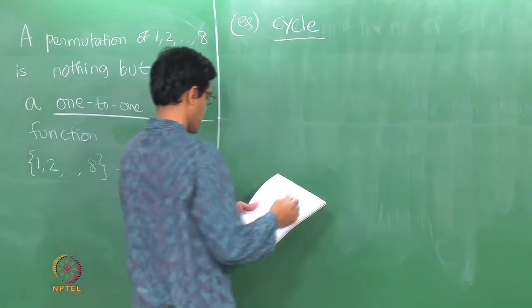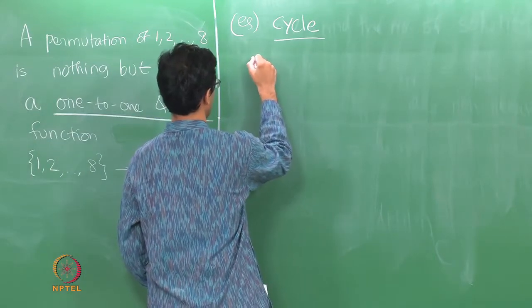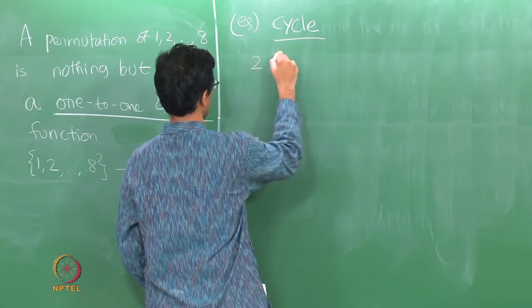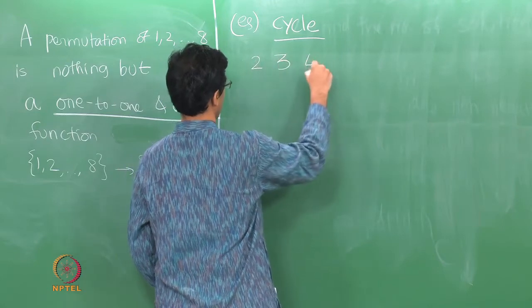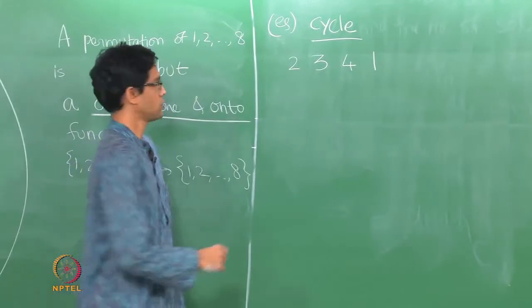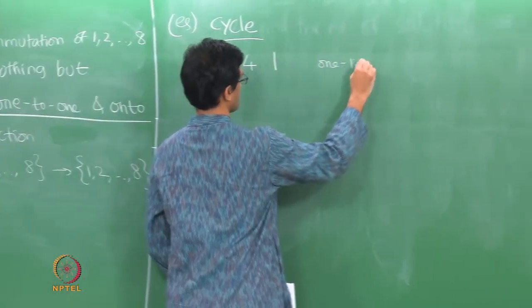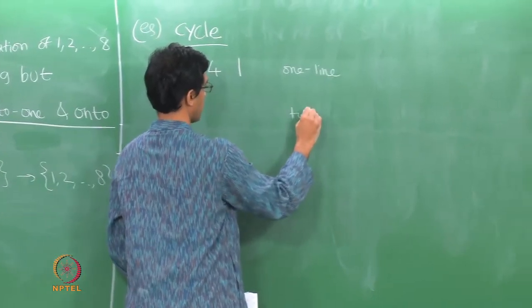So what's an example of a cycle? Let's assume we have the numbers 1, 2, 3, 4. So here's an example of a cycle: 2, 3, 4, 1. So what is this? This is the one line notation. Now I've written this out in one line notation. The same thing in two line notation